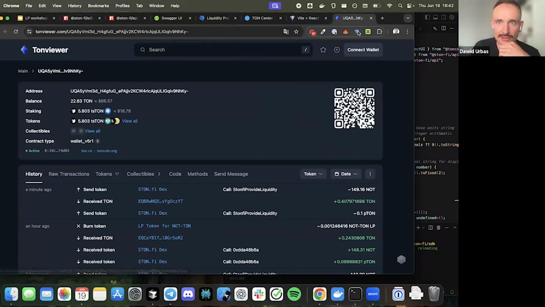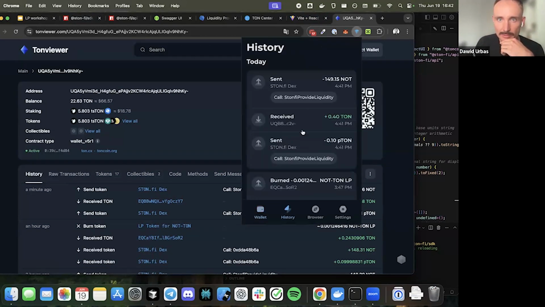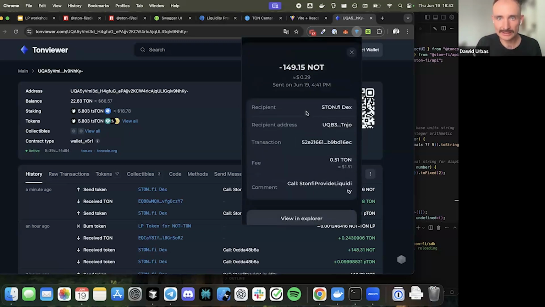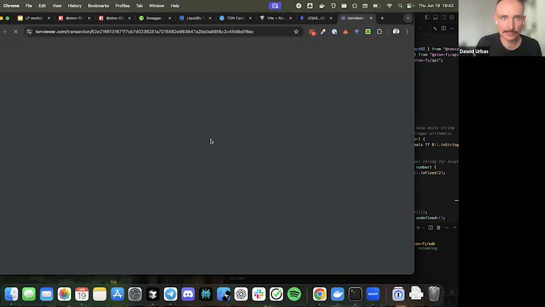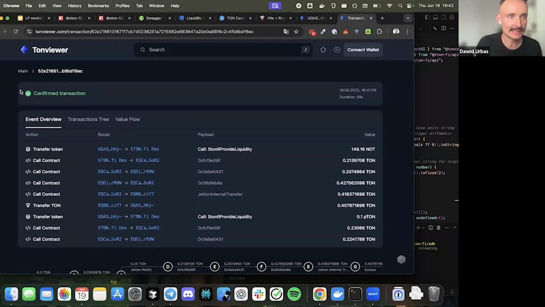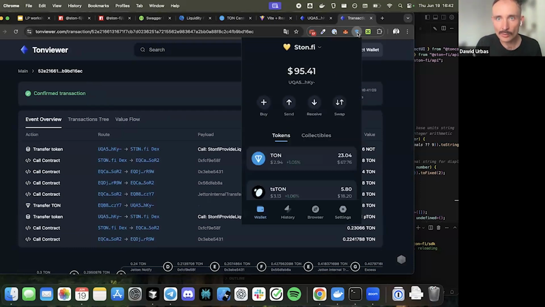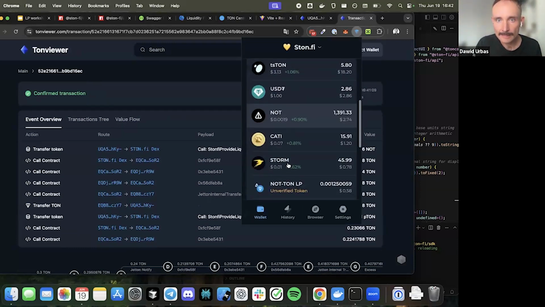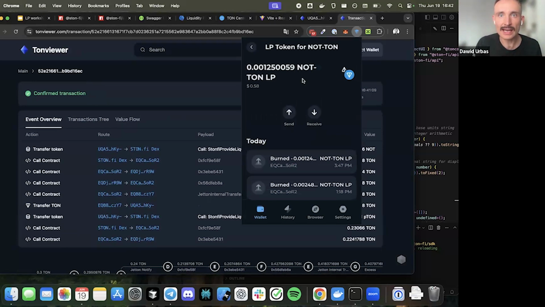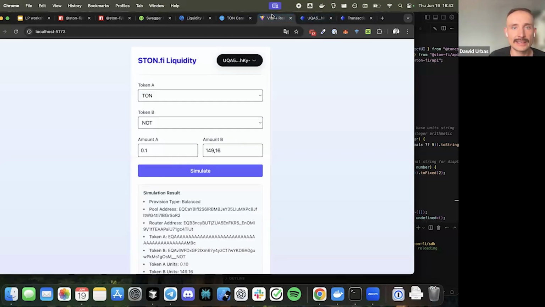So here is this transaction. I think it will be also visible here. Yes. The time is good. So let's check if this transaction was successful. Yes, this transaction is confirmed. And if we go to our wallet, we see the LP token for the NOT Ton pair. So basically, this is our expected result. So everything is